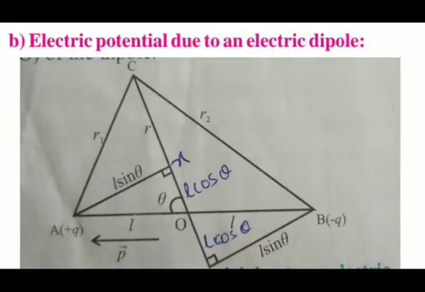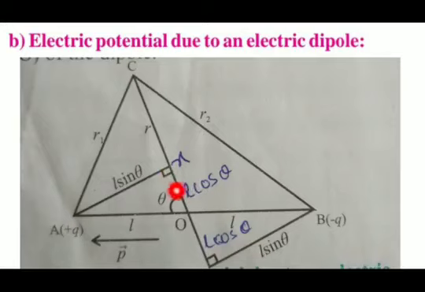Its dipole moment is capital P, a vector quantity, and as we know, the electric dipole moment is the product of electric charge into the distance between these two charges. So basically P is twice L into Q. This is directed from negative Q to positive Q. The line joining the centers of the two charges is called the dipole axis. A straight line drawn perpendicular to the axis and passing through the center O.